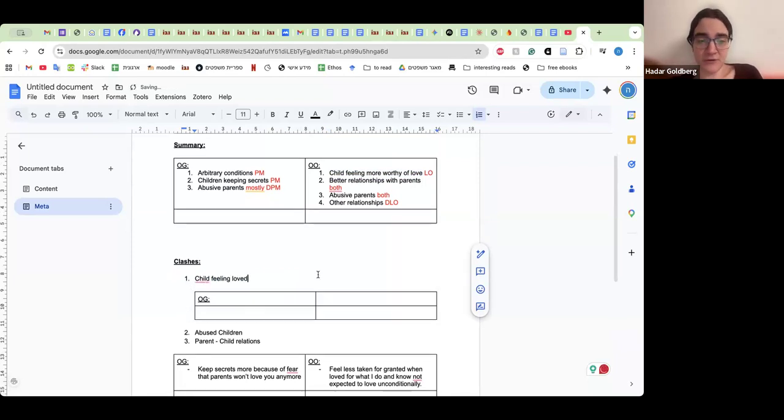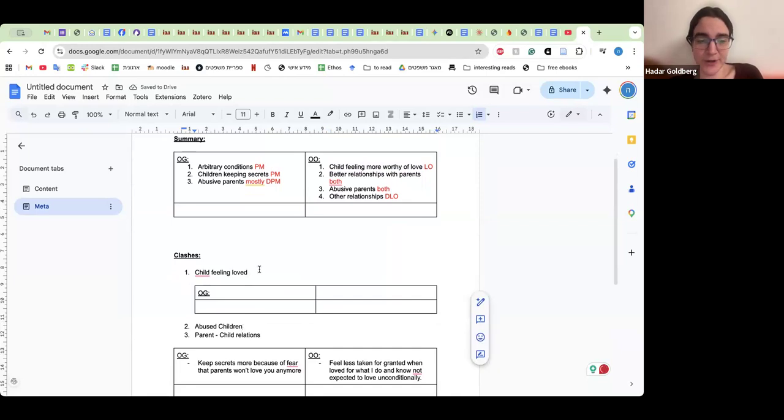The important thing here, to make it distinct from the abused children part, is likely case. I want to make sure in this clash, we talk about the edge cases. Both teams agree these are the edge cases, those kinds of parents who would push you away because you're gay or whatever. In this, both OG and OO talk about the likelier cases, whether it is from prop, the kids that feel like their parents don't love them anymore because they drank alcohol or had sex, whether it is from OO, the kids that feel like their parental love is taken for granted and they didn't do anything to earn it. Surely, I think that this